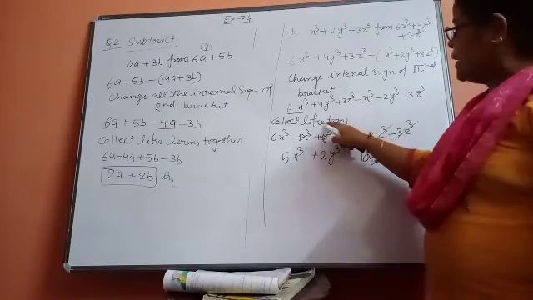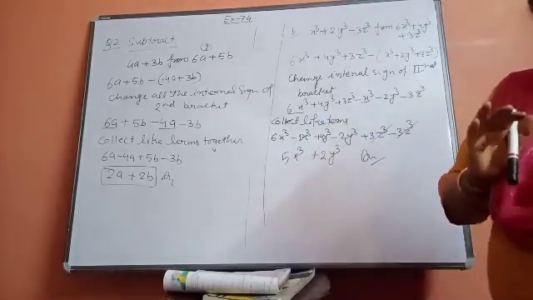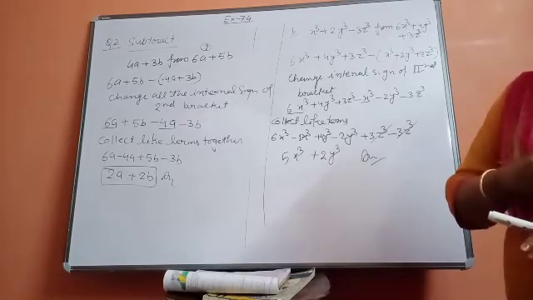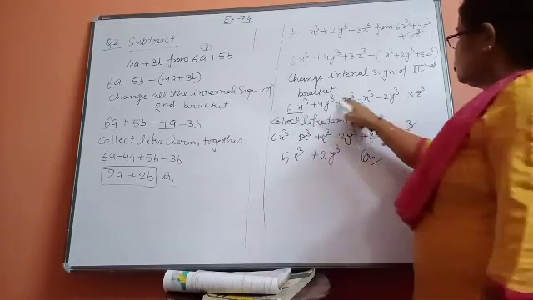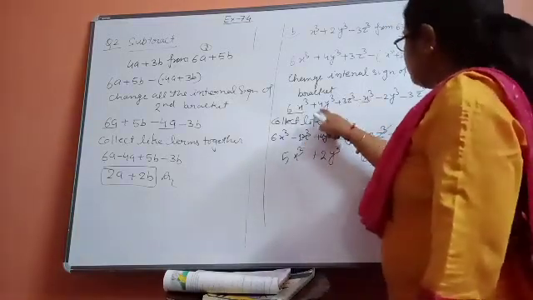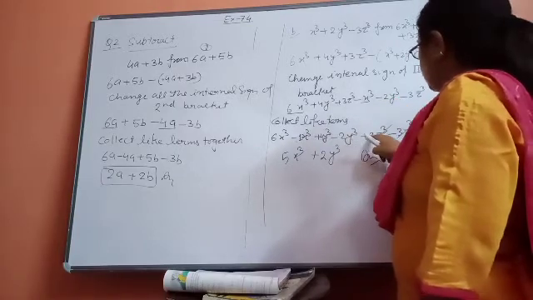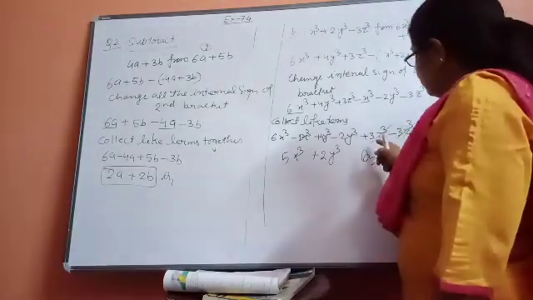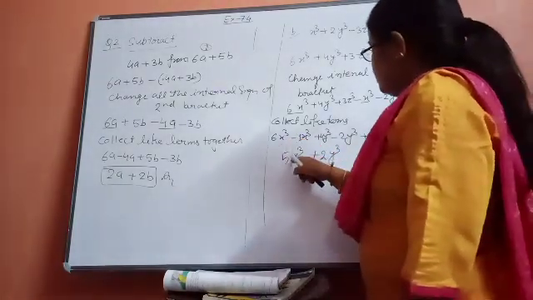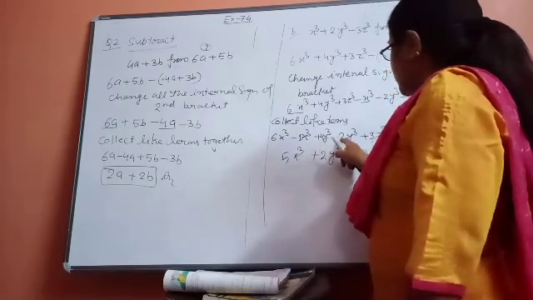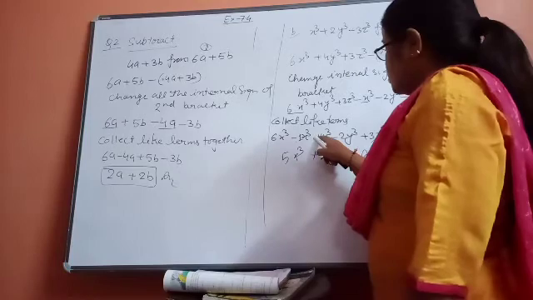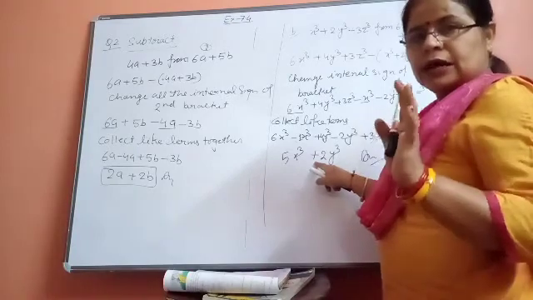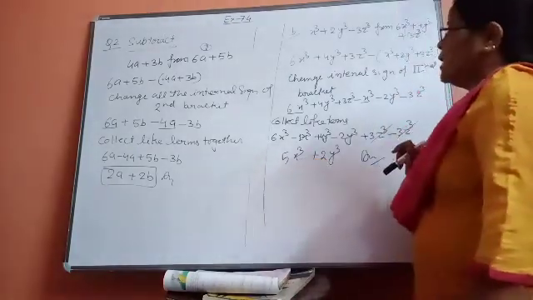Now the next step will be to collect like terms, and I taught you what we mean by like terms. Numbers, algebraic terms which have the same algebraic factors are known as like terms. So 6x cube and minus x cube are like terms, 4y cube and minus 2y cube are like terms, and 3z cube and minus 3z cube. They are the same, one is plus and the second is minus, so both of them will become cancelled. 6 minus 1 will be 5x cube and 4 minus 2 will be 2y cube, and plus, because the greater number having plus value, so the plus sign will come. This you have learned in integers. Okay, so in this way we will do the subtraction.